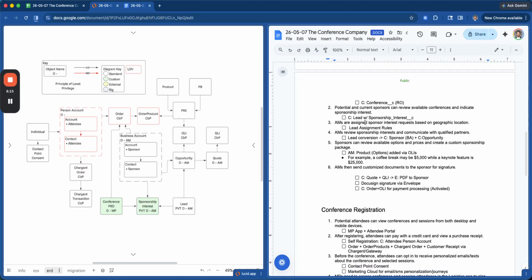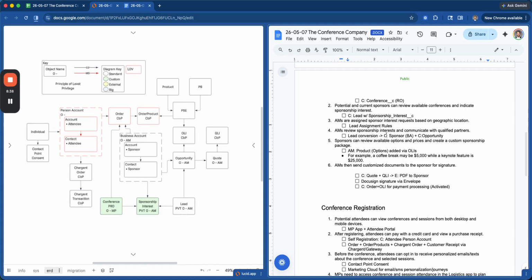That will be facilitated by lead assignment rules based on the geographic location. So a lead assignment rule will then assign a lead to the geography, that is a queue. And then there will be Omni-Channel for the ability to automatically assign it, or actually, I'm just going to keep it like that. So we're just going to assign it to a queue, and not to a specific person. They can pick it up as they choose.